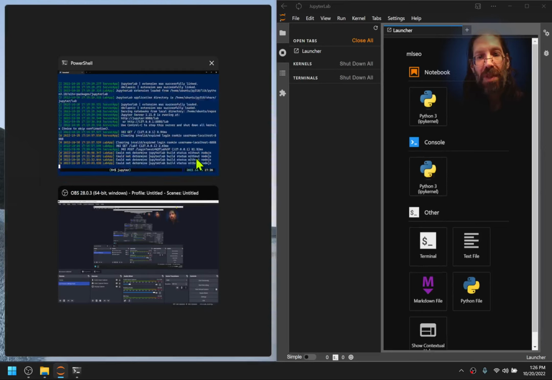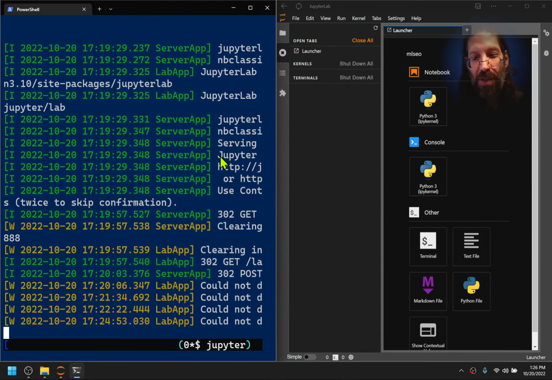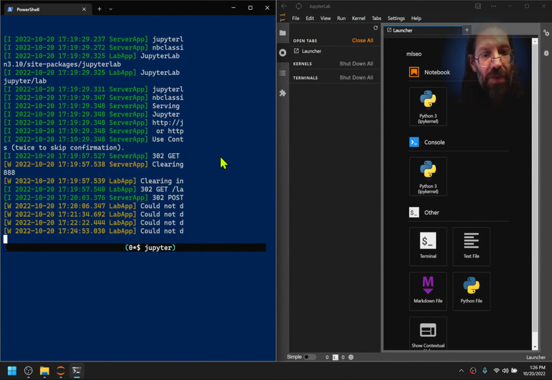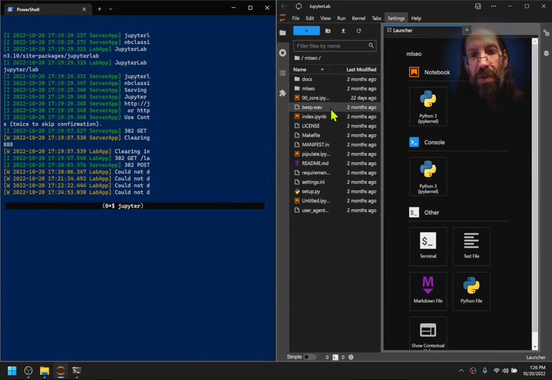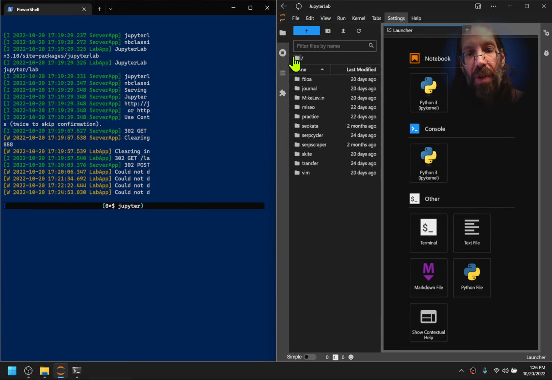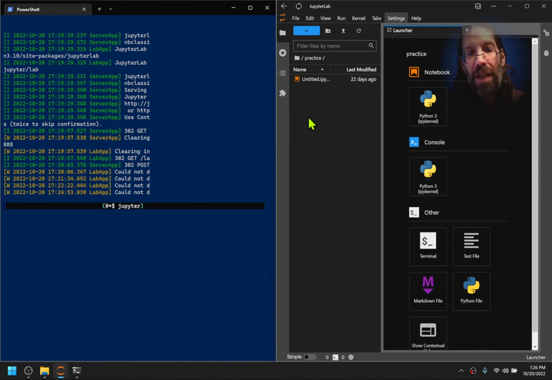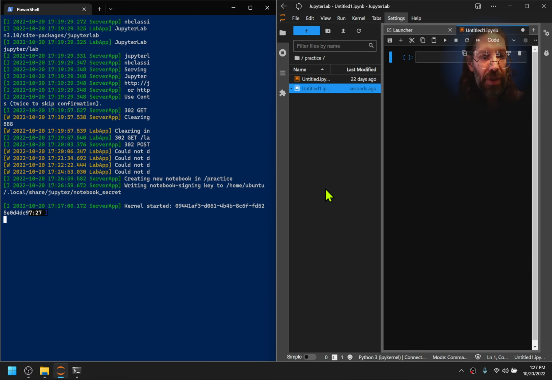Here, let me do a split screen by doing this. Windows has some interesting things that it does offer, not the worst in the world. And let's go to a location. I happen to be under MLSEO right there, but I'll go into practice directory and I'll hit plus new notebook. You can see the command running on the server here, and I can do a hello world,